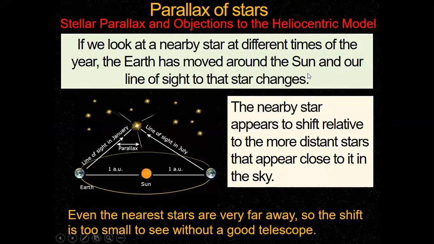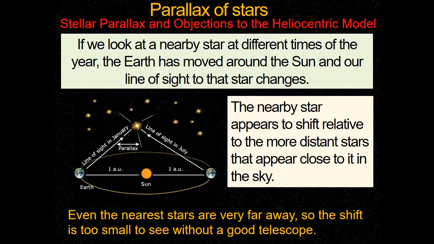Okay. When you go to the stars, into the heavens, then you are seeing the parallax of stars, right? The stellar parallax, that means the star parallax, is kind of an objection to the heliocentric model. Basically we keep the sun at the center, and the Earth is moving around the sun, right? In this model, we can explain the stellar parallax. But if you go for the geocentric model, then it is impossible to explain the stellar parallax.